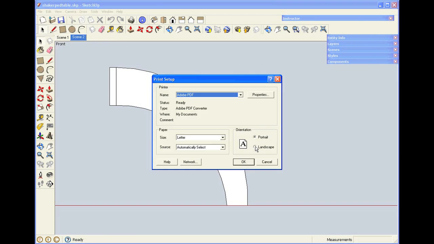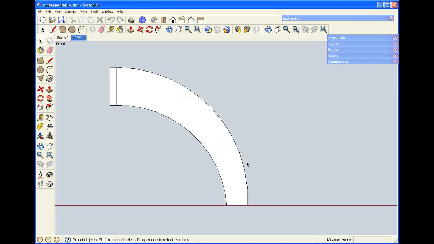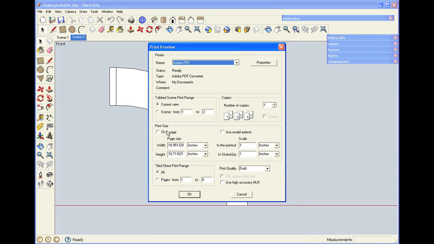From here I'll change it to landscape. Click OK. Now when I go to print preview, again I want to make sure I'm checking on the model extents box. My scale is set at 1:1, and I look at the tiled sheets. Now I'm down to 4 pages. That's what I want to do in order to print on the fewest number of pages. So when I click OK,